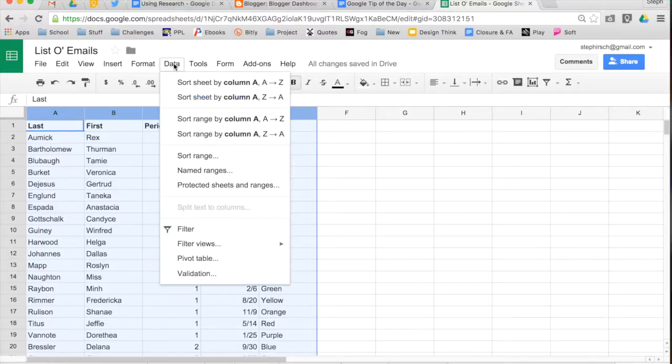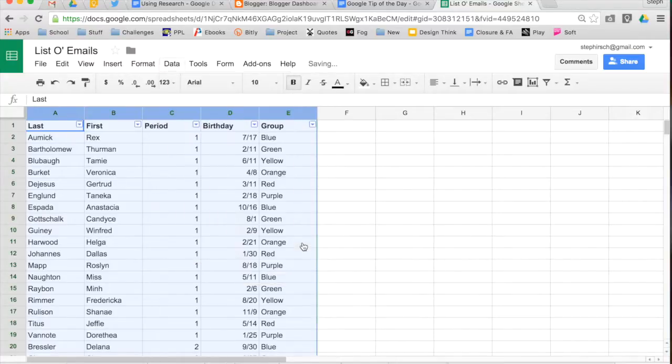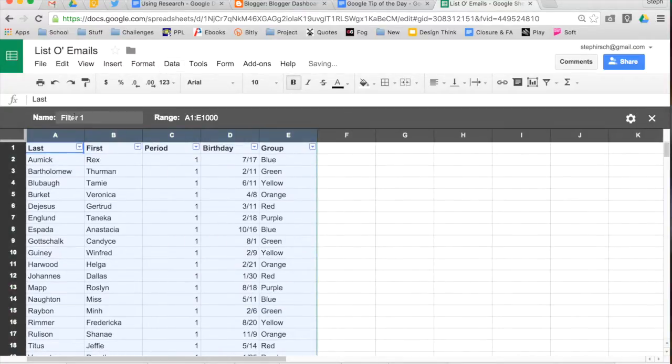I'm going to go up to Data and down to Filter Views. I'm going to create a new filter view. And I can name my filter view. So let's say I want to make a filter view for period 2. This allows me to filter out and only see my class period 2,